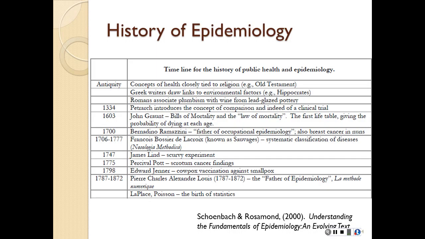Let's see, Pierre Charles Alexander Louis utilized comparative methods to evaluate the effects of bloodletting on mortality. So here he's actually saying, we did our bloodletting on these people, and we didn't do it on these people, and more people seem to die with bloodletting. That was a big deal, considering bloodletting was the kind of treatment of choice for most diseases, and then, oh wait, it's kind of killing everybody. So here's the first person to actually sit down and say, let's compare these two groups.